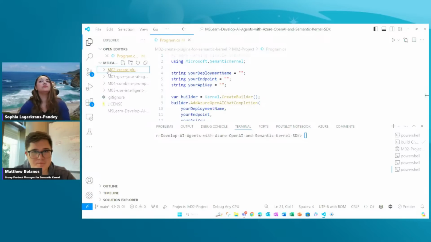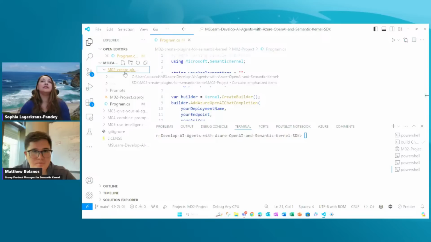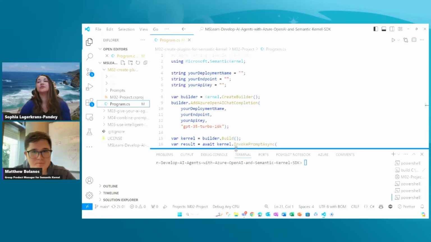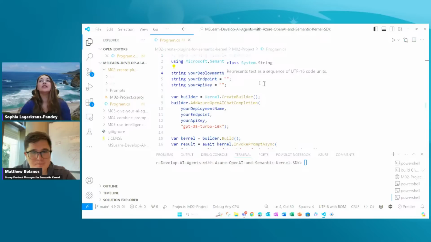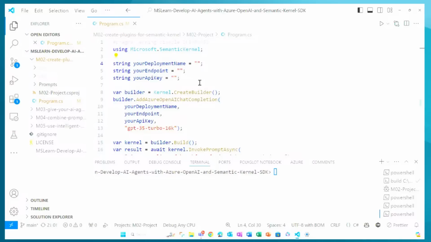There's a couple of different modules. We're in that second one. And so you want to expand this down that little arrow, and you'll see that there are some different pieces in here. You're going to want to click on the program.cs in order to go through and add in all of those secret pieces that you're using, right? Your deployment name, your endpoint, your API key that we've chatted about earlier, and be able to add that in